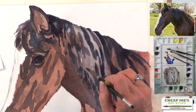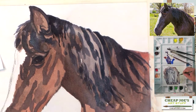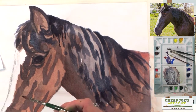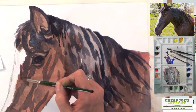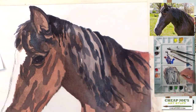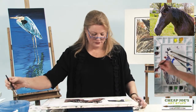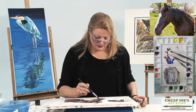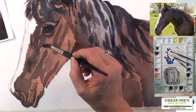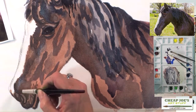And pull this around. Okay, now I think I'm ready to go, and let's start doing some blending and see what happens there. Now with the blending, I'm going to use a little bit larger brush. I'm going to go back to my number 12, which has a little bit of that dark on it already. And I'm just going to blend